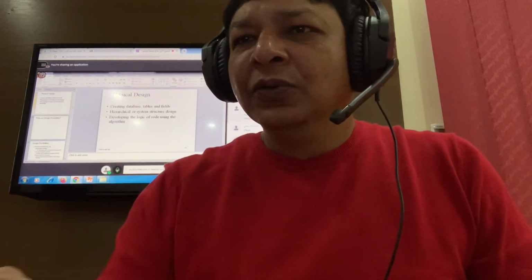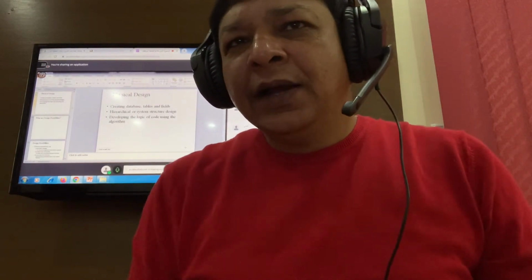And then the course entity, the course table: course ID, course name, credit hours, and so on. So those are the different entities we have defined and the main attributes. So we will physically design our database, tables, and fields. That's the first part of the physical design from the backend database point of view.